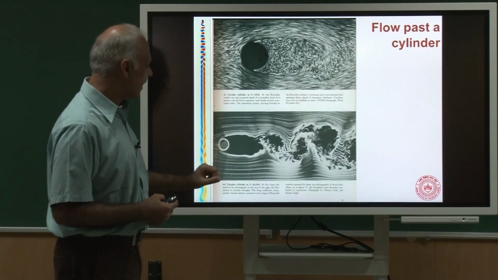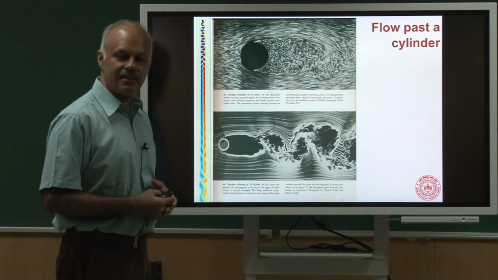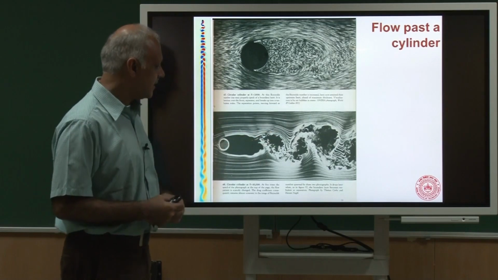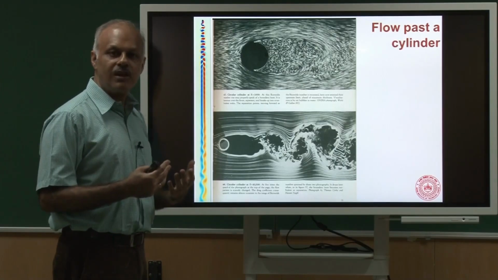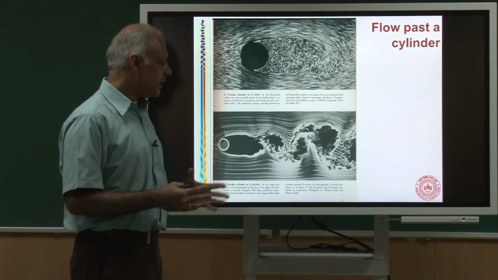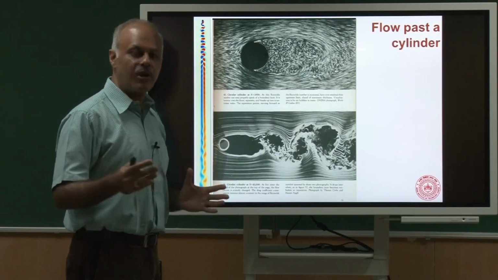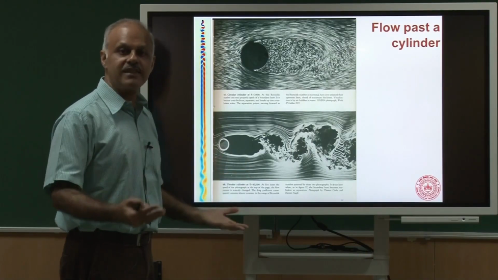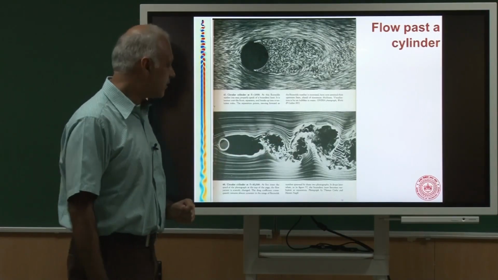And this picture is particularly fascinating. So you still see the big vortices. Okay. These are the big vortices, and in addition you see tinier vortices. Okay. There are extremely small vortices. So you have large vortices, you have smaller vortices, and now you are getting into something called a turbulent flow. So we are going from a laminar state to a turbulent state, wherein in a laminar flow you had big vortices which were very periodic, but in a turbulent flow now you are going to get a family of vortices. Okay, they coexist at the same time. So I have a large vortex, and then I have these many smaller tinier vortices.